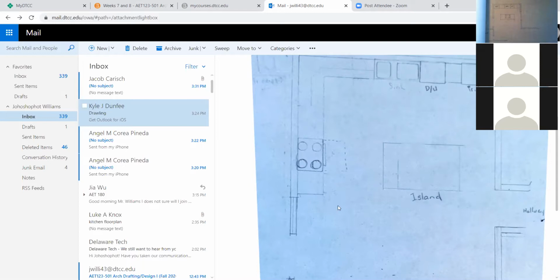Now, this is the front. I like this here. You can get a nice, wonderful window here along the front elevation. I like that. I'm sure the entrance to the